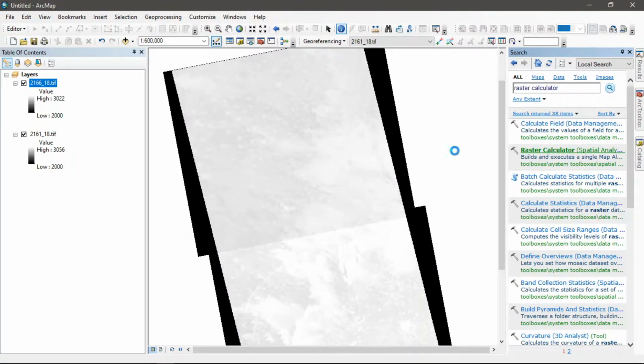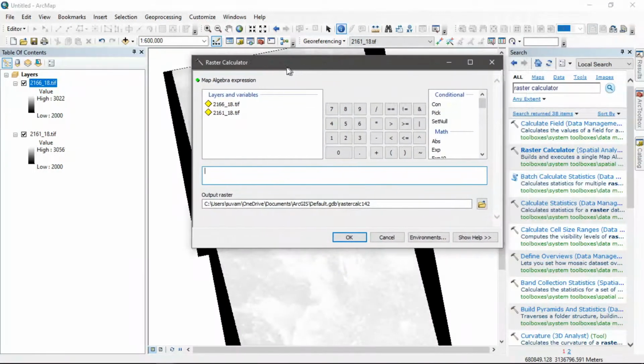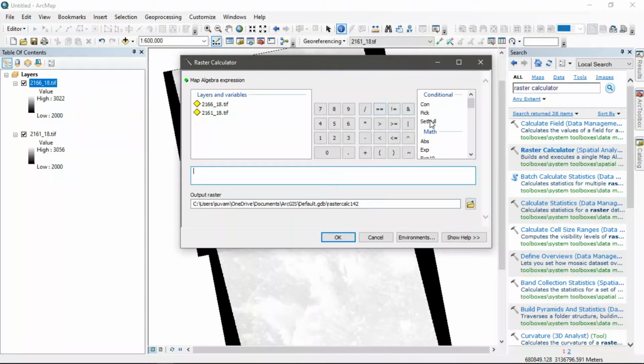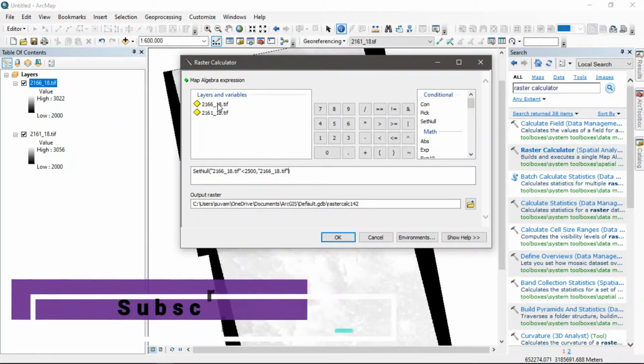Here is my last raster calculator. We go to the raster calculator, click Set Null and select the raster, and click less than equal to 2500, and otherwise it will be the same raster.